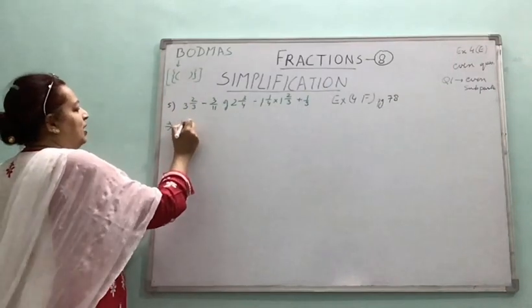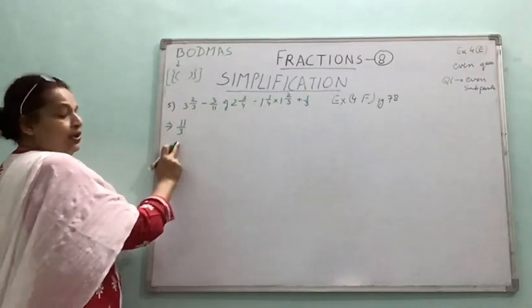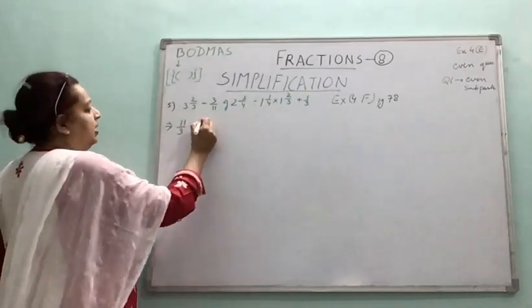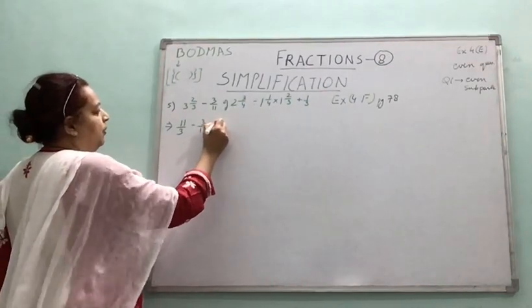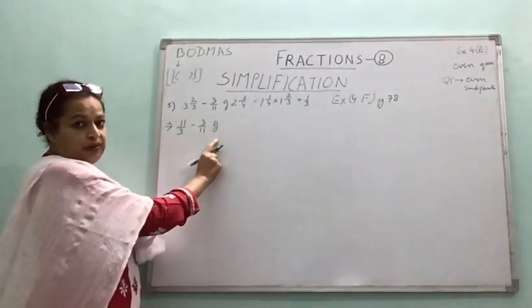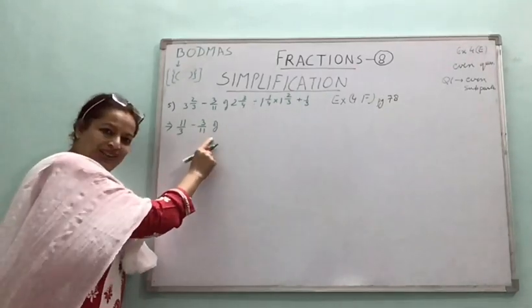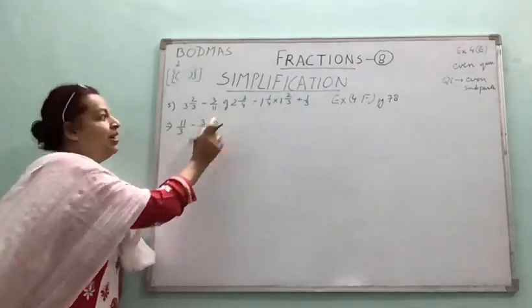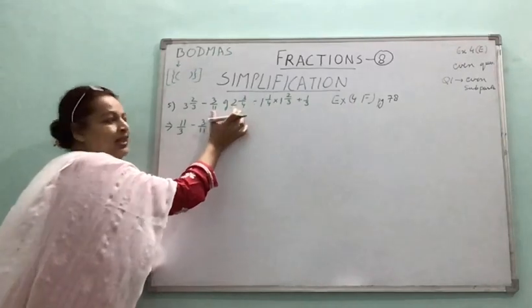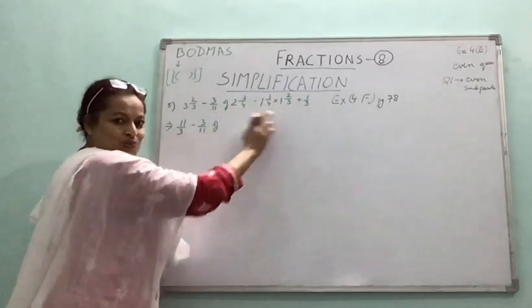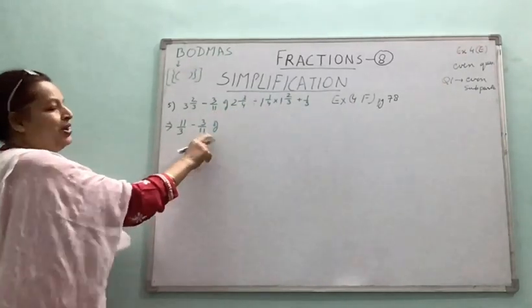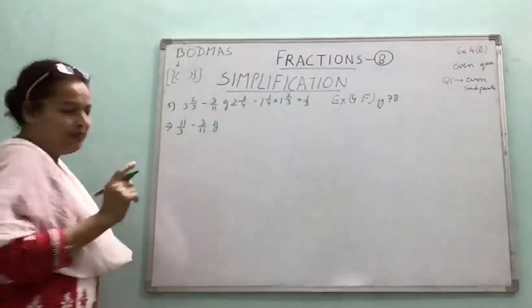9 plus 2, 11 by 3. Do copy the denominator correctly. Minus 3 by 11 of. Do not change "of" to multiplication. It does imply you have to multiply, but do not change it to multiplication. You know why? Because first you will multiply these and not these two. Right? So do not change it to multiplication, remember.